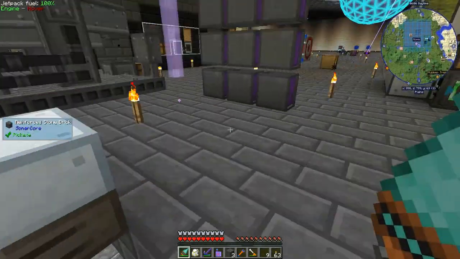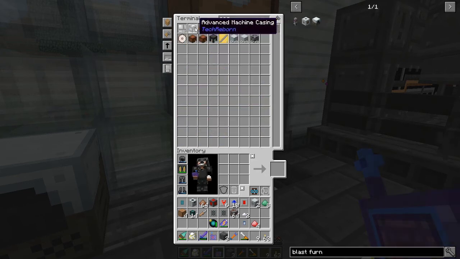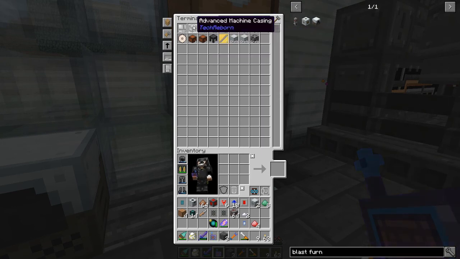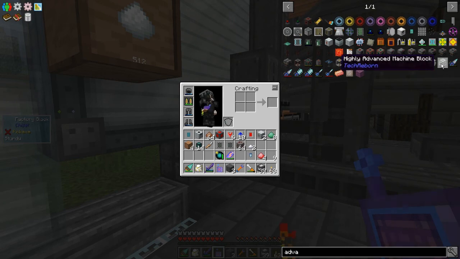And we're going to use casings. Now, I've already built the casings off camera. Where are they? Advanced. Yeah, advanced machine casings. The advanced machine casings